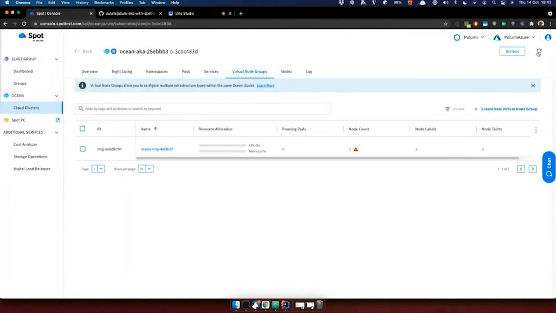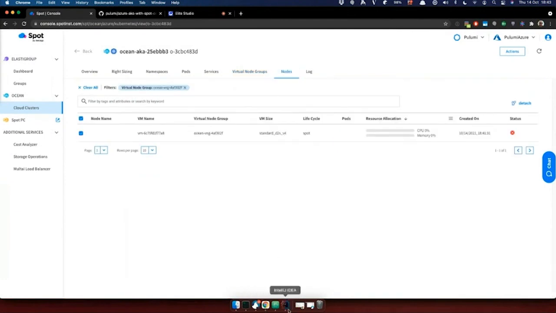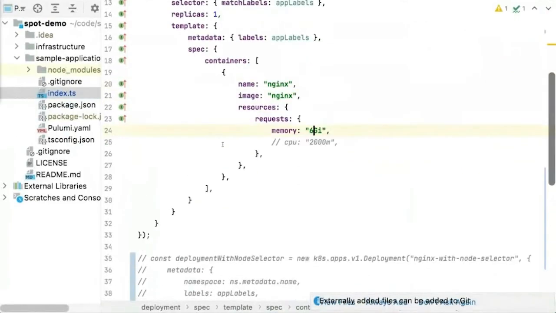Really thinking hard about this. I think it's quite a large node it's actually trying to schedule here. We'll get there. So while that's happening in the background, the other way that we can actually do this,